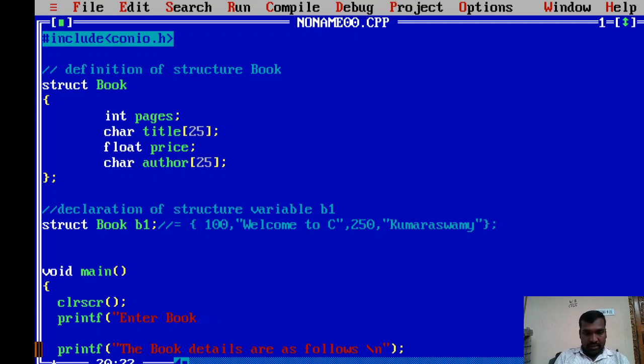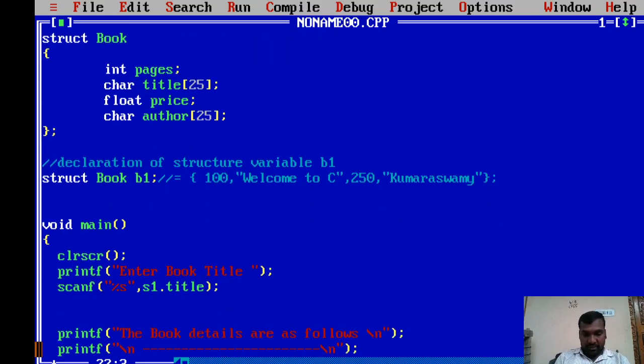Enter book title, then I'm trying to read with scanf. The title of the book is represented with a string, so s1.title.